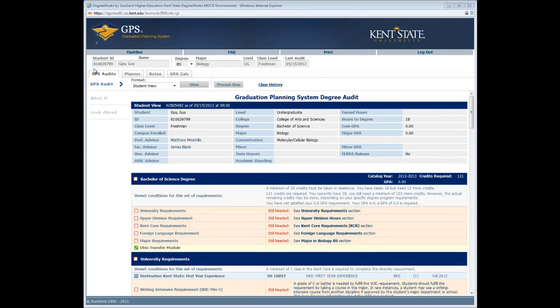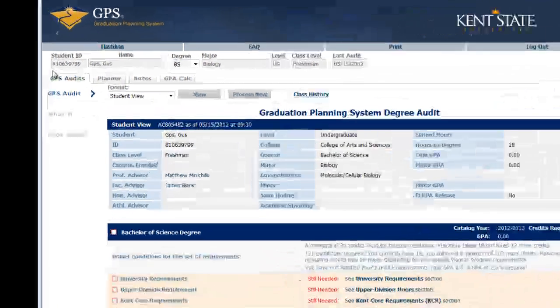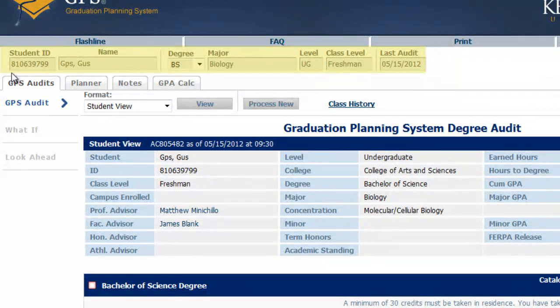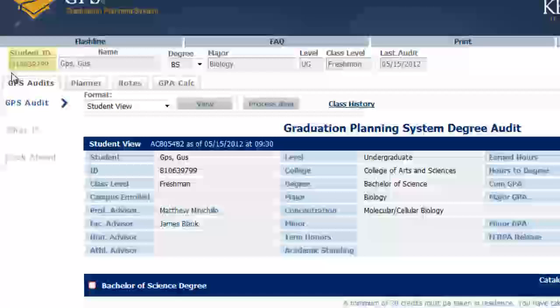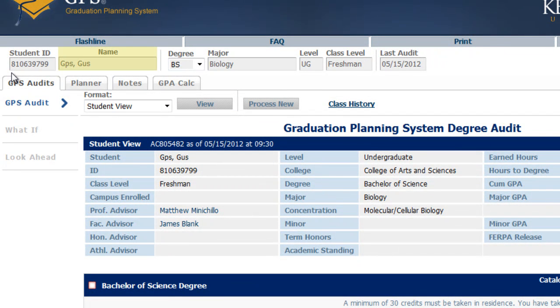Okay, here we have our test student, Gus. Let's look at his header information. You will see the student ID, and on your audit you should see your student ID or your Kent State ID. The name, the degree. Gus is pursuing a BS degree or Bachelor of Science in Biology, which is his major. His level is undergraduate, his class level is freshman, and the last date that his audit was run was May